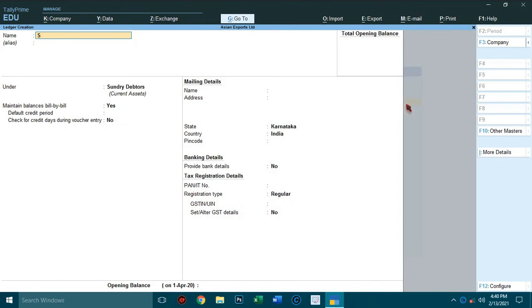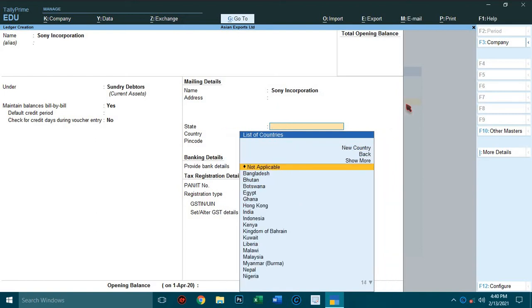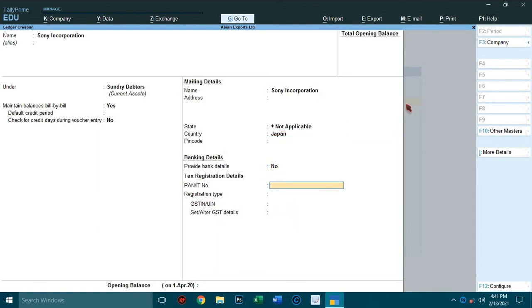So next, Sony Incorporation, under sundry debtors. Change the country, for example, he belongs to Japan. Select Japan. Accept.